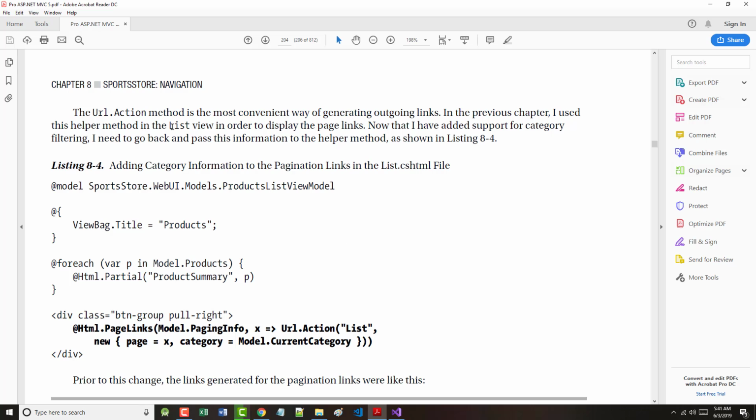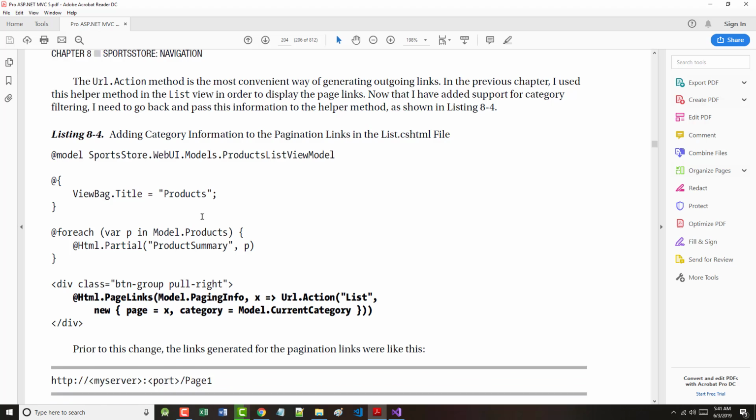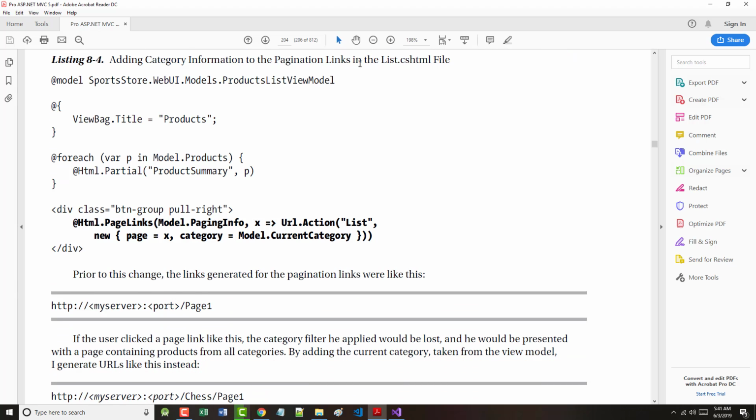The URL action method, the author says, is the most convenient way of generating outgoing links. In the previous chapter, we used this method in the list view. Now that we have added support for category filtering, we need to go back, pass this information to the helper method. So we need to go back to our list.cshtml, and in this div that's after our foreach,